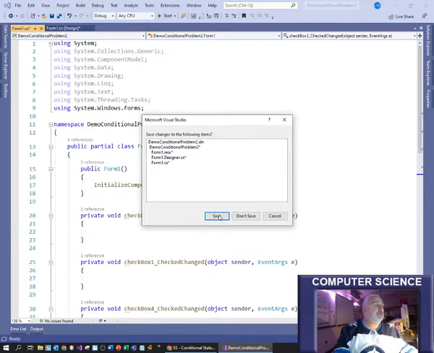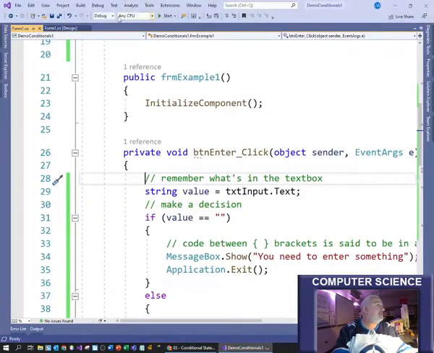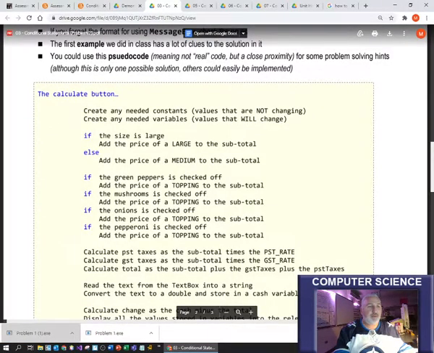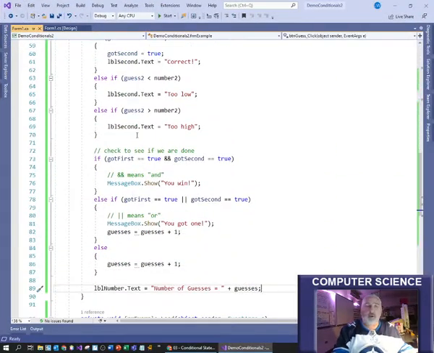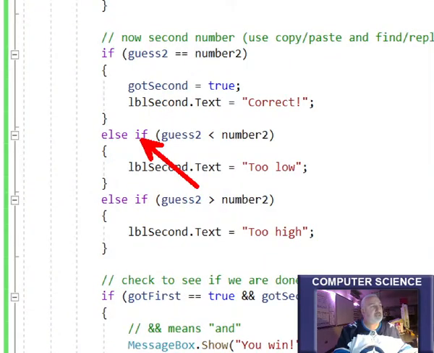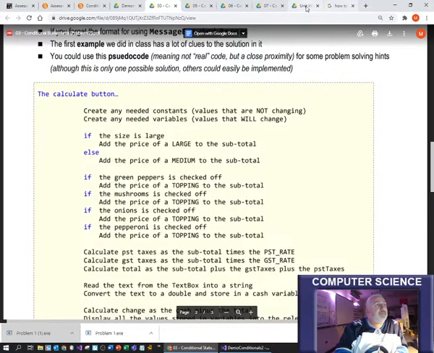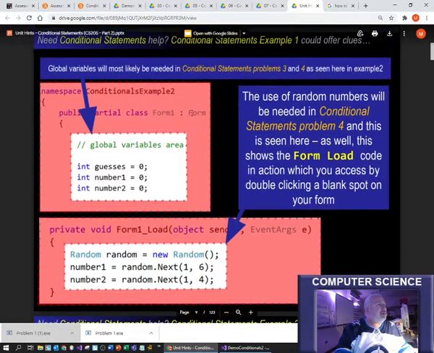All right, once you're done with problem 2, you would then go on to the second half of this unit, part 2 of the unit, and you would do the second example. Definitely important. This is the first example. You would do the second example and all its code that goes with it. So this code makes use of the else if statement. It also uses the fancy and symbol and the fancy or symbol, if you think those might be useful to you. In the hints, okay, now looking at the second example,